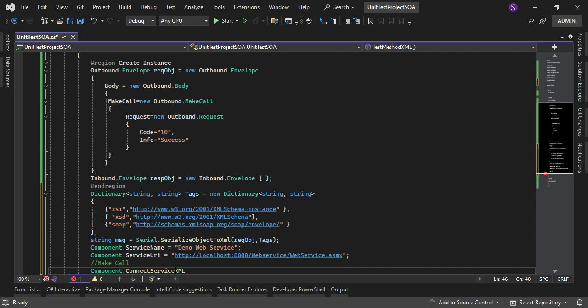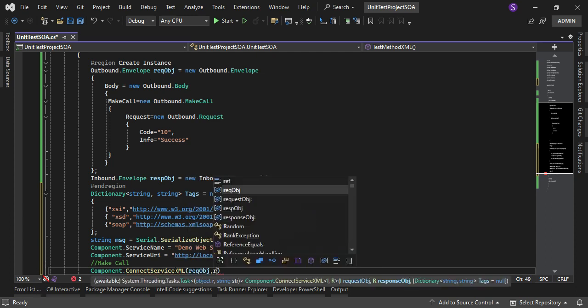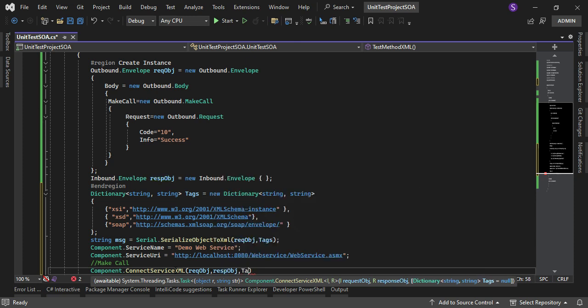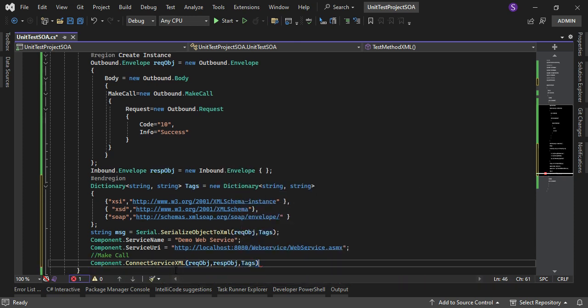Yes, that's my XML, and I will be giving some request object, response object, and my tags here, and I will be expecting some get avatars. Yep, and those avatars shall be getting some results,